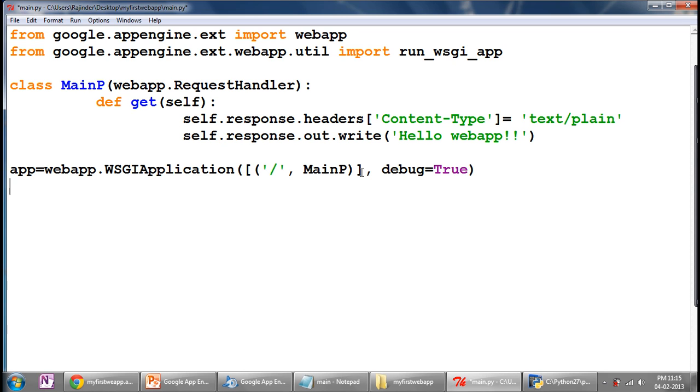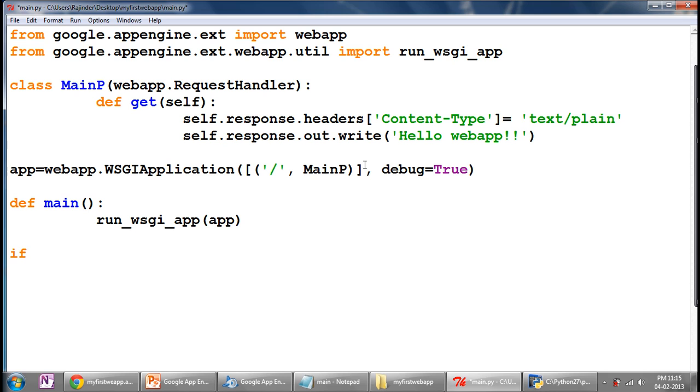Okay, now define the main function. Every C program has a main function, Python also has a main function, and this main function runs the script with the object we have created here, that is the app object or WSGI application. Pass that object.